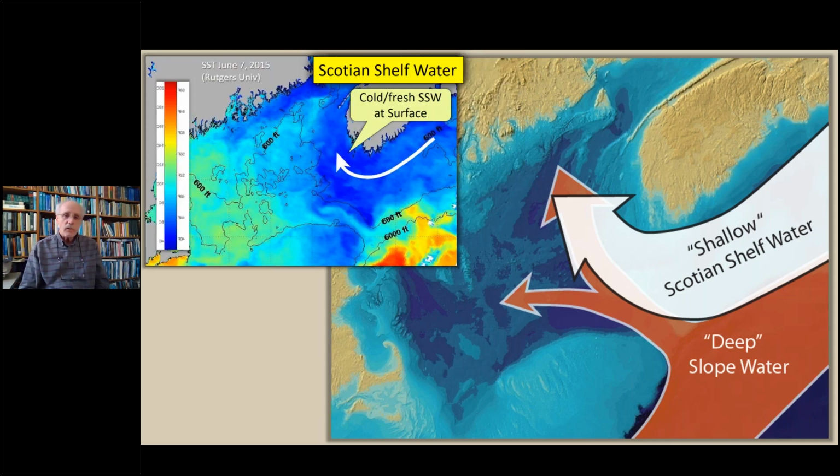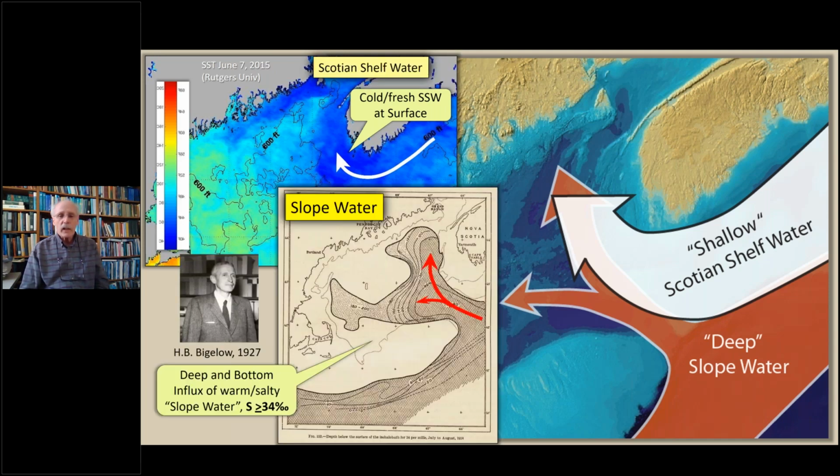To look at the Scotian shelf water, this is very easily visible in satellite images of sea surface temperature. It comes around as a very cold water mass that's clearly visible, as seen in this satellite picture. Slope water, on the other hand, you can't see from the surface because it comes in along the bottom, but Henry Bigelow first described it based on the depth to which the 34 part per thousand isohaline penetrates upward toward